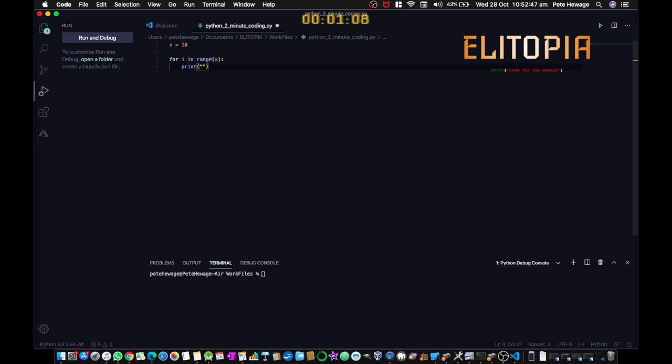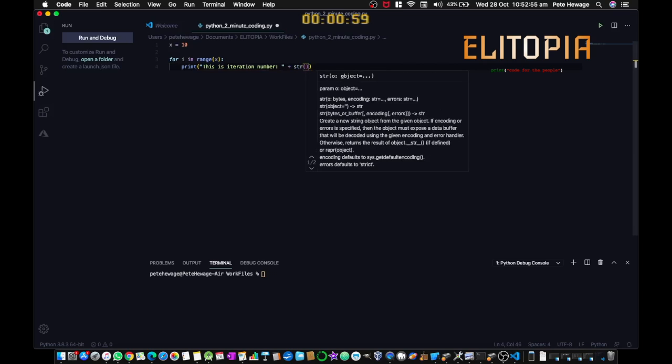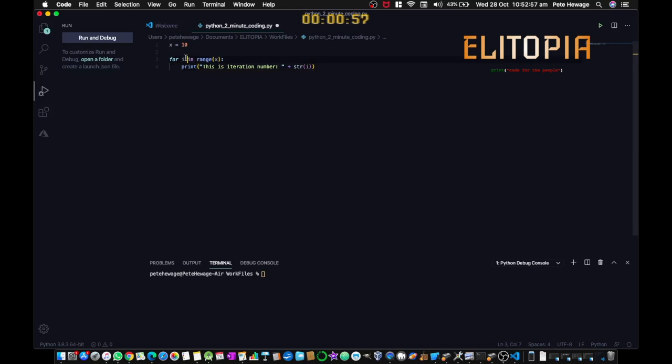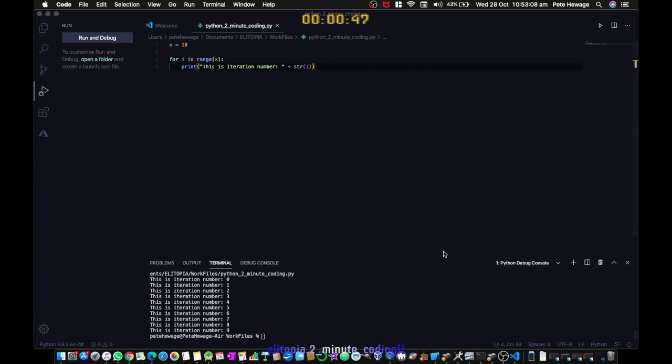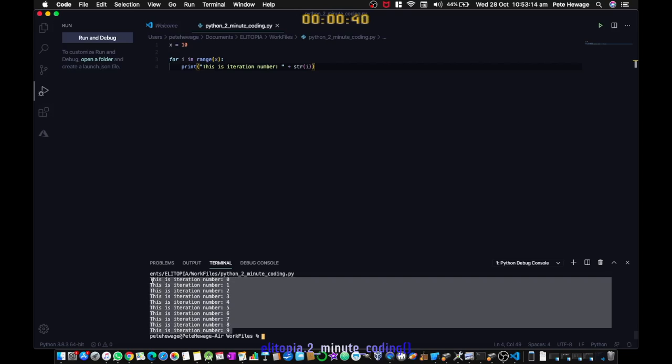What we want it to do is say this is iteration number, and then let's concatenate on the string value of i, and i is this variable that we just created only for this for loop. Now if we run this, what we should see is this is iteration number 0, 1, 2, 3, 4, and this has happened 10 times